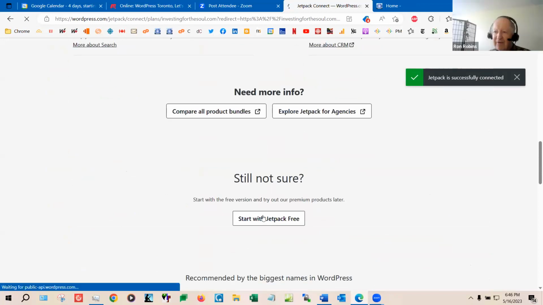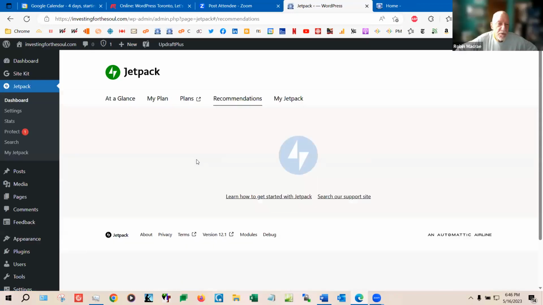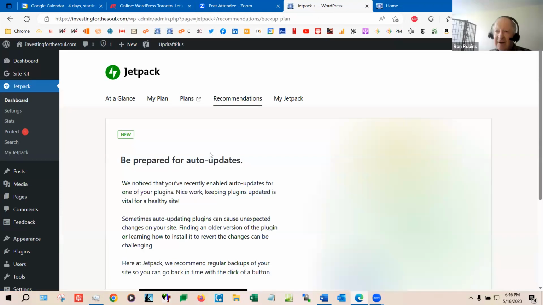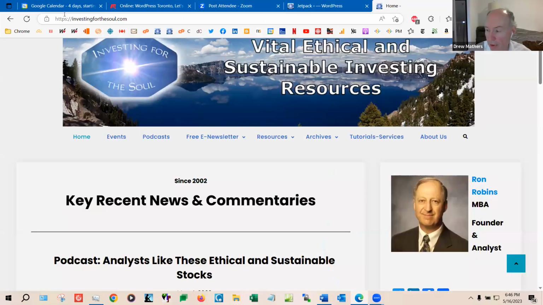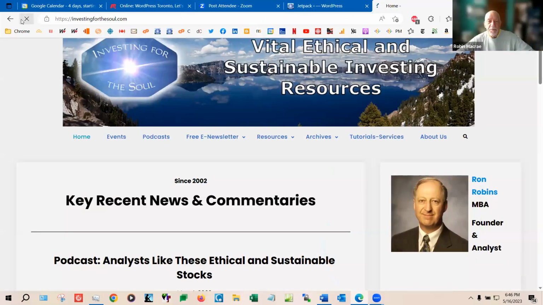I'll go with Jetpack. Well, don't you have some paid Jetpack stuff? No. Oh, I saw Jetpack Protect. Is that a separate plugin? Yeah. Okay, so let's just check the home page. Yeah, it's still showing 2002. So it wasn't anything to do with the Jetpack connection.